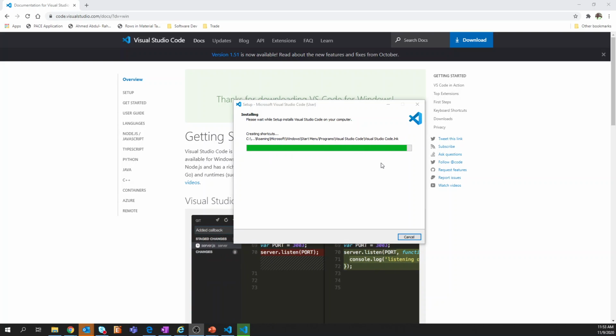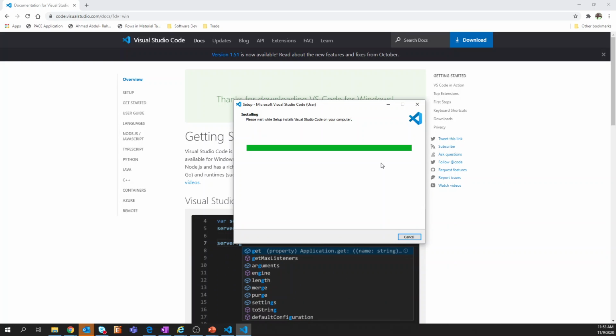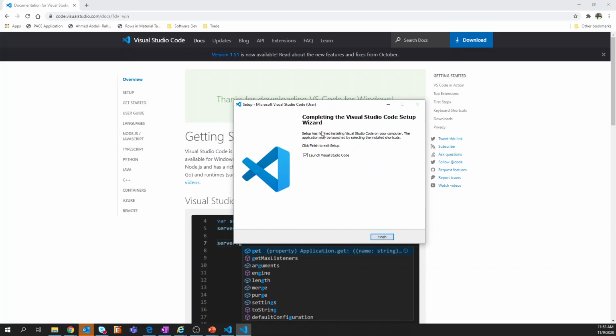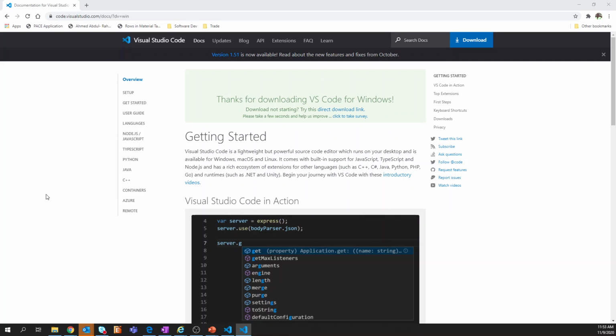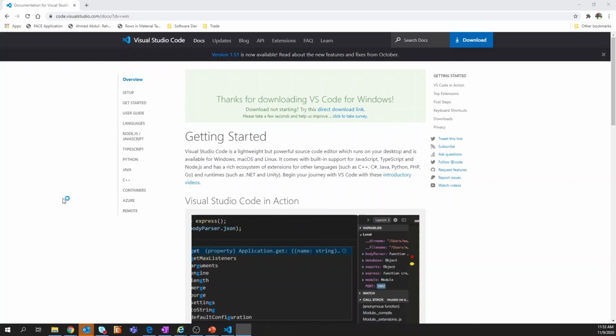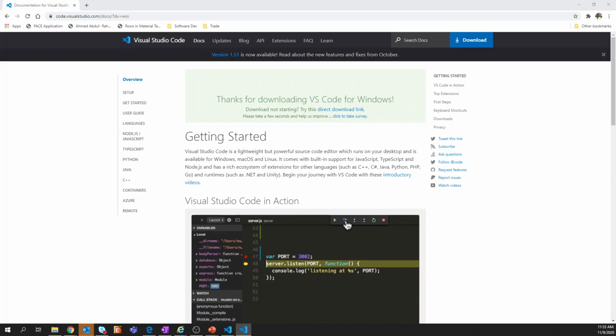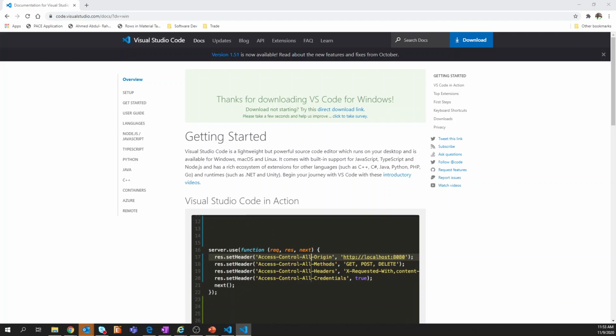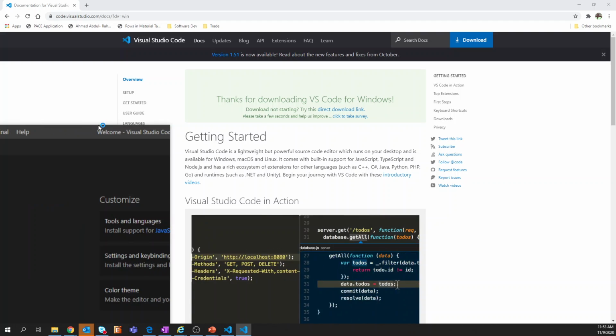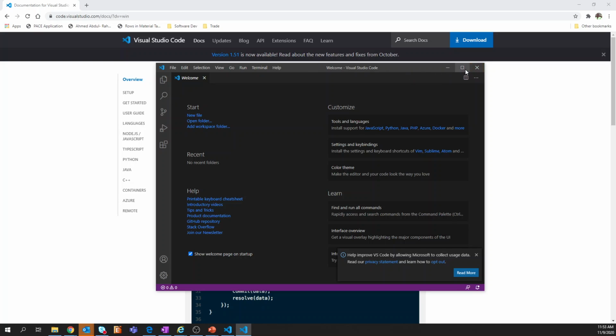So let's see. Okay, so the installation is done. We want to finish this up. And I have three screens, so sometimes I need to drag it to the screen that I'm capturing this video on. So just bear with me. Great. So yes, you can see it opens the Visual Studio Code up,